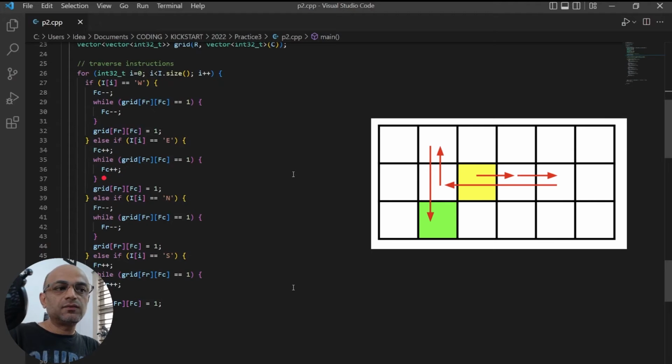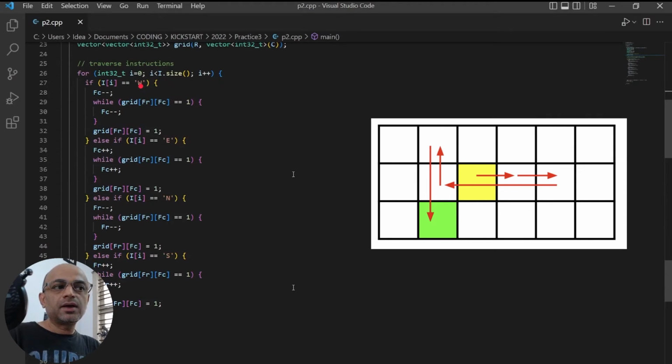And once we get such a square, we will set that square to visited and go back to the next instruction. Note that since the assumption in the problem is the instruction set will not allow going beyond the boundaries of the grid, we don't have to worry whether fc hits the edge.